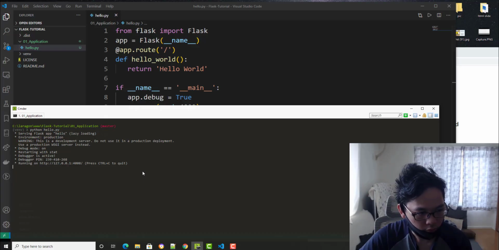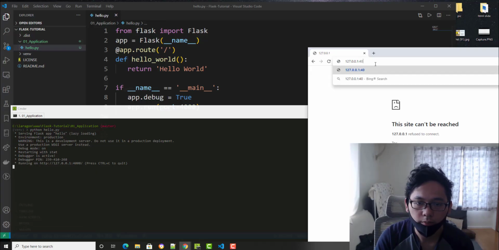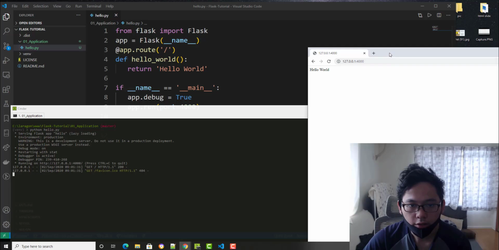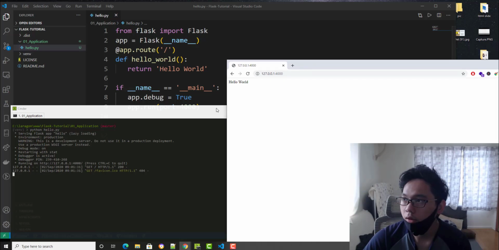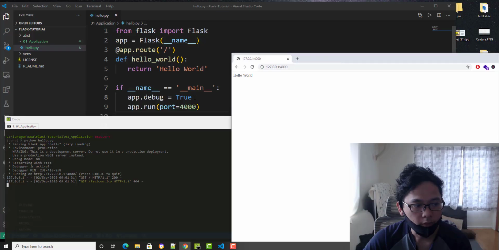It's running on this one. Change it to 400. And yeah, so this is our first Flask program, and we're good to go.